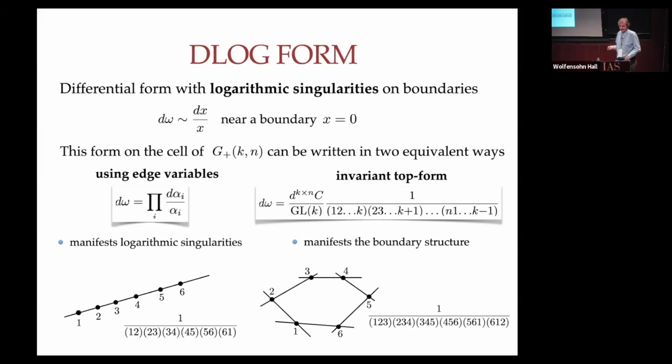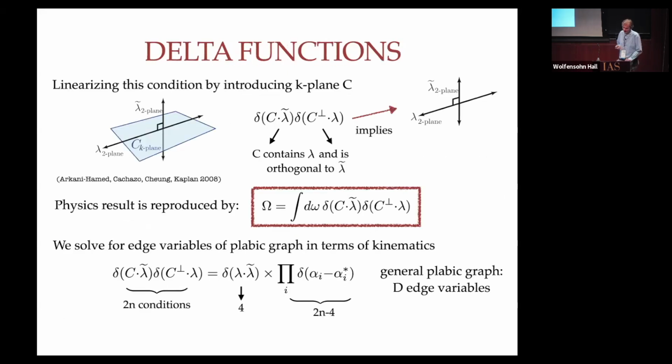So for these simple examples, for the top cell of G(2,n), the G(2,6) in this case, this would be the top form, or the dlog form corresponding to the top cell. For G(3,6), it's this one. You see a very simple structure of these minors in the denominator. And then, once we go to a lower dimensional cell, we start to merge points or put points on lines. We are taking residues of these forms on the corresponding minors being 0. Now, about these delta functions,